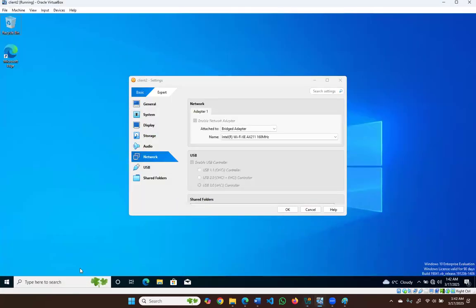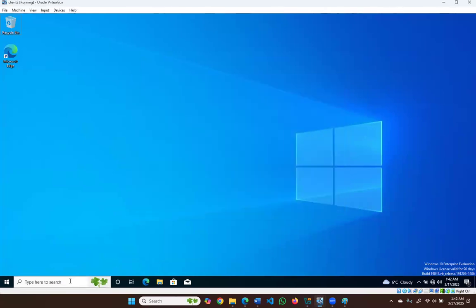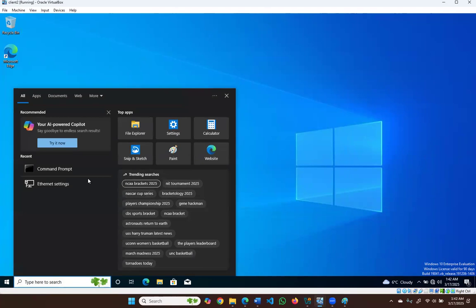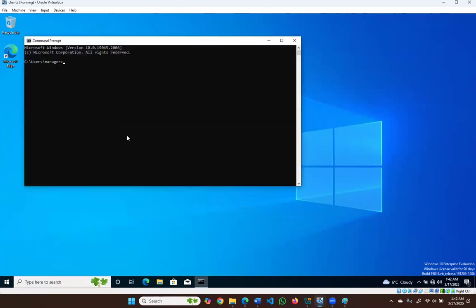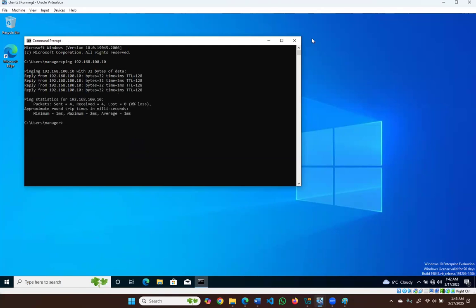So let's go back to pinging, which we can find in command prompt. And then we can do ping 192.168.100. Okay, so that's a new way to do it. All right, so we just adapt. So things change. So basically, we change the